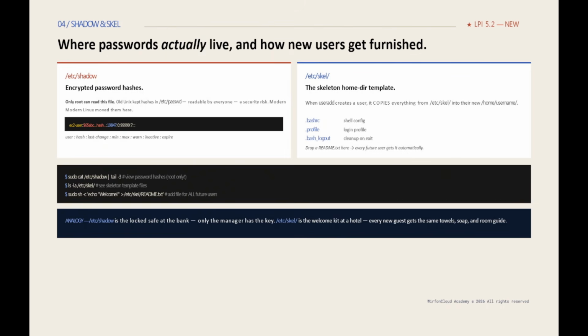When you want every new user to receive a welcome message, you can create a file with the content and place it inside the /etc/skel directory. Once the user logs in, the content of that file and the file itself will be copied to